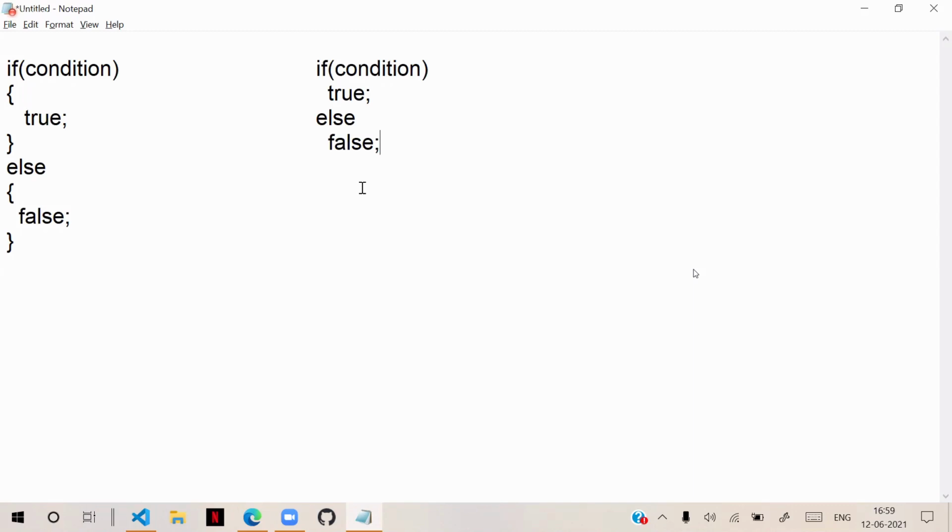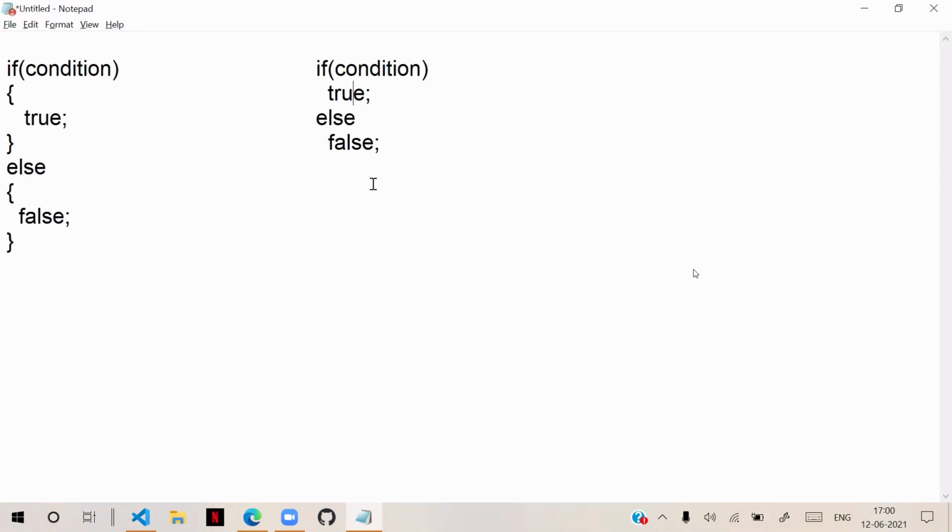So you may say that my trainer has 20 years of experience. He told me this. We don't care. Your trainer may have 30 years of experience, but he is not Brendan Eich, right? That means he is not the person who built JavaScript. So we don't care about him. We don't even consider him. Even if he has 25, 30 years of experience in training, he told you some shortcut and you blindly follow it without knowing the consequences.